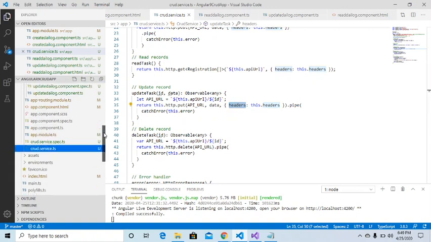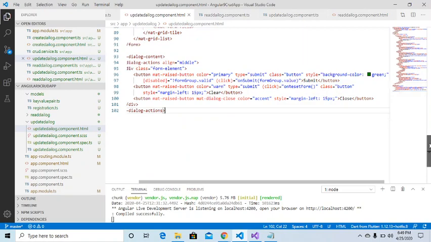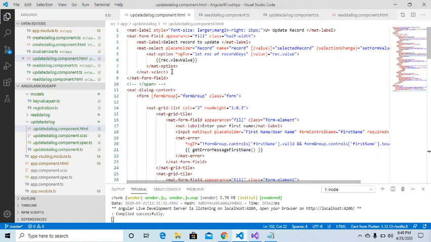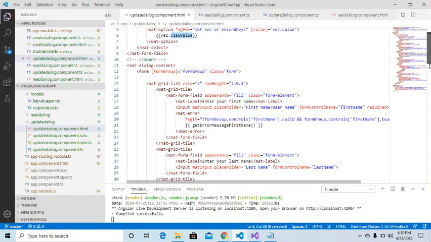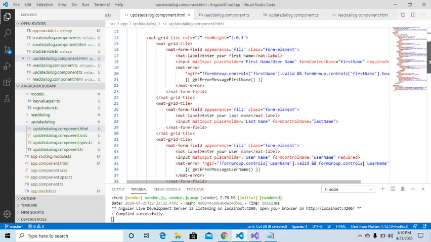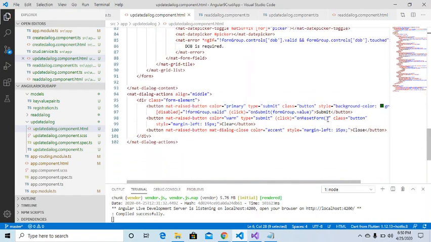Let's go quickly to my update HTML component. So there you go, and this is again a form. This is the drop down which we are binding for the select, giving the facility to the user to select the record which you want to update. Record key is used over here, and the rec dot value we are binding over here, and display we are displaying this. Okay, I will show you in the form as well. Then we are having the same form with the same kind of validation that we discussed in the create one. All right. Then we are having this button.